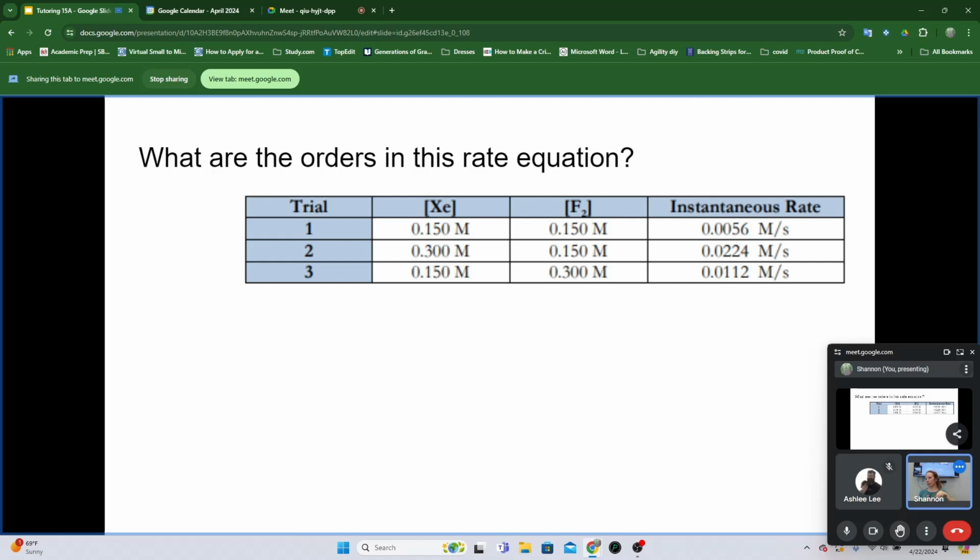So make sure that for the first set, you pick 2 trials where one of them changes and the other one does not. And you're not looking at the rate, you're looking at the concentration, because the rate's going to be different across all of them. Start with the first trial, look at the second one. There's a different change. So you're going to figure out what happens to